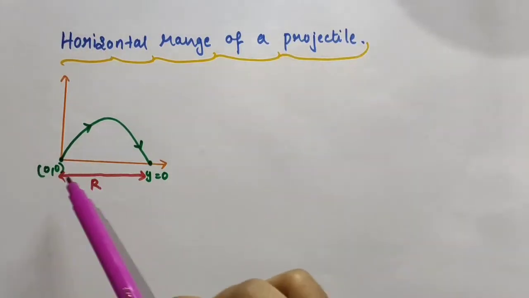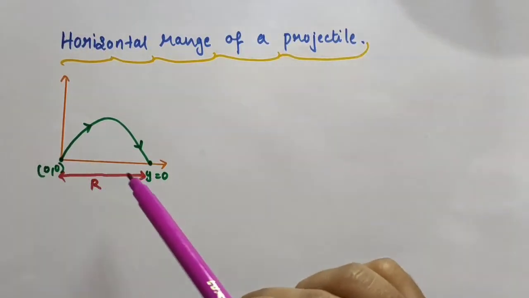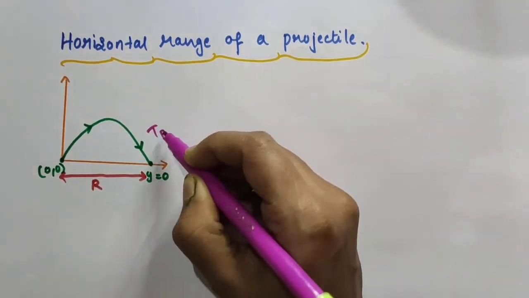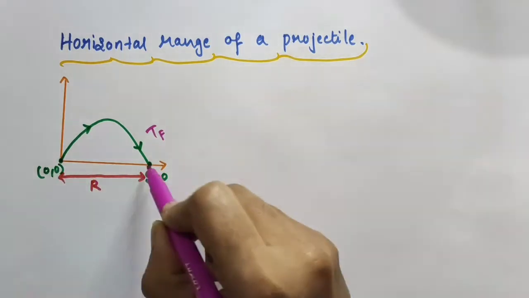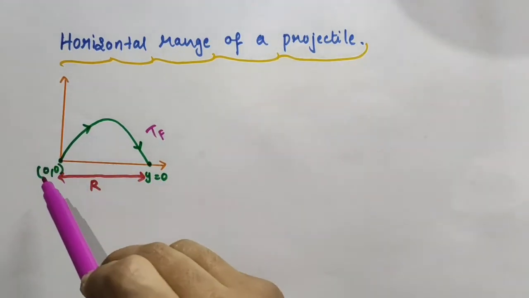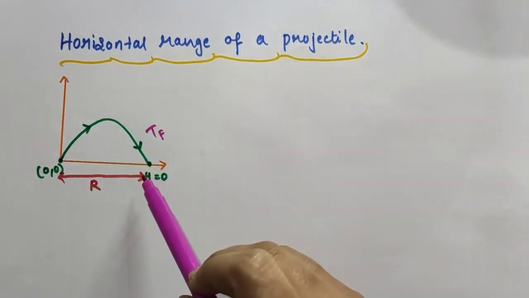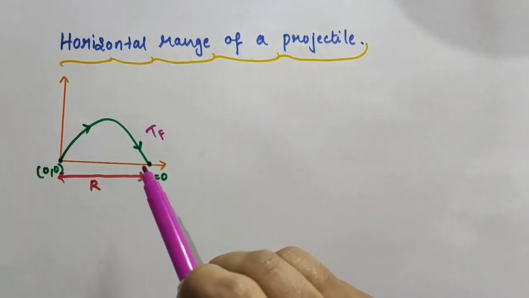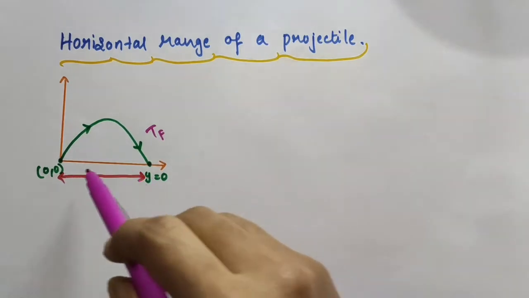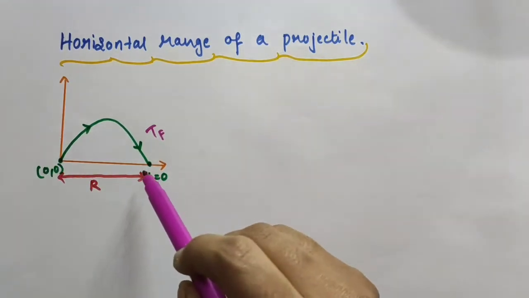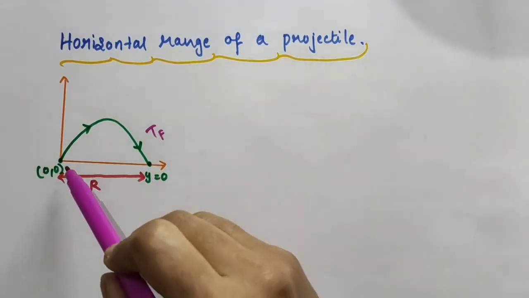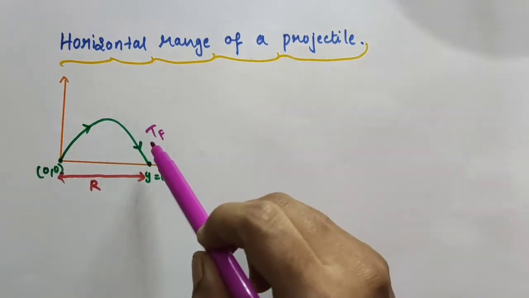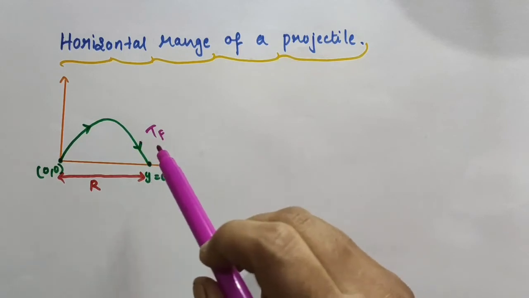That is, horizontal range is the distance traveled by the projectile during the time of flight Tf. Because this horizontal distance from the initial position of the projectile to the position where it passes y equal to 0 during its fall is actually called the horizontal range. That is, horizontal range is the distance traveled by the projectile during the time of flight, because time of flight is the total time